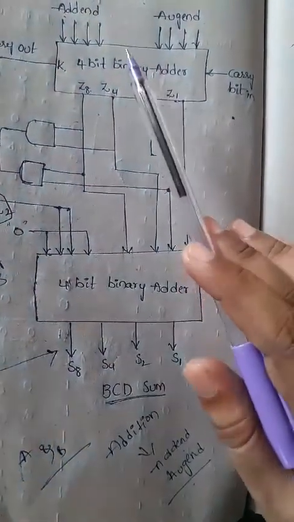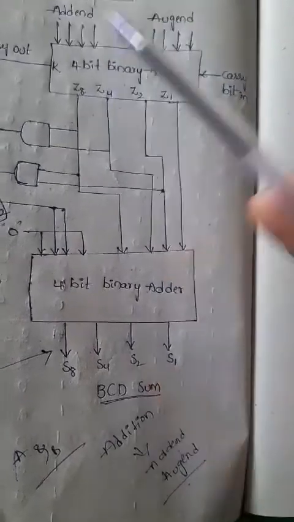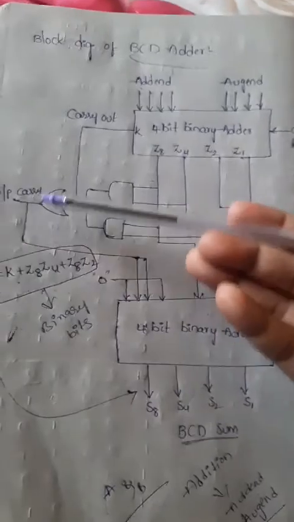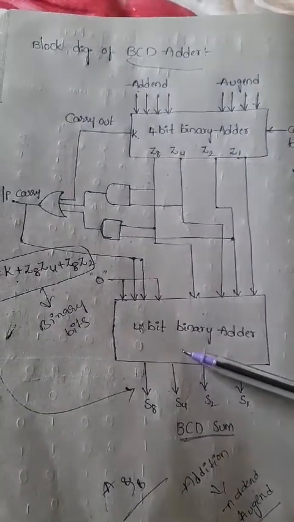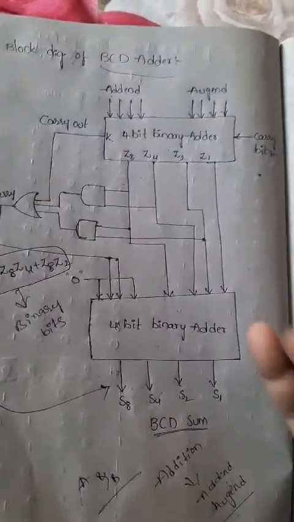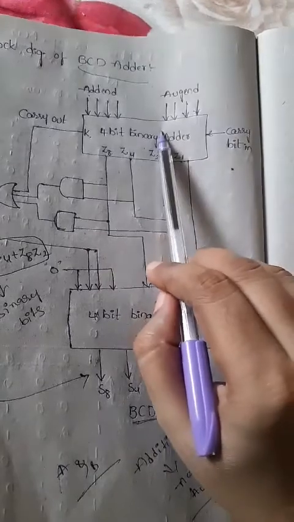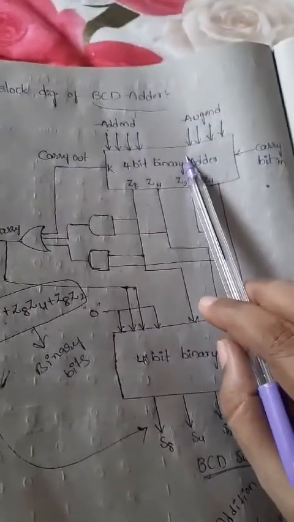Okay, so this is the first 4-bit adder, and the output is also represented by a 4-bit adder only. So this output is also represented in a 4-bit adder only. The addition result is also equal to the sum only, right? So that's why the first input will be a 4-bit adder and the output will be a 4-bit adder.